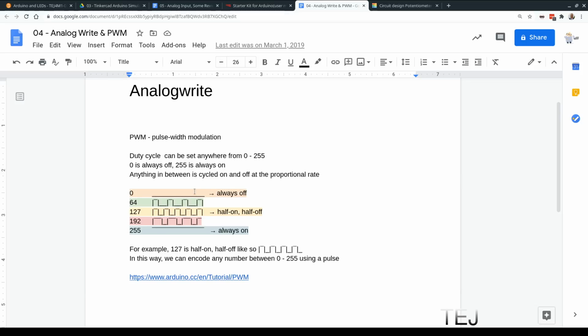If it's always off, you can see very clearly the line shows 0 voltage. Now this goes all the way up to 255 in our case. And 255 is always on, so you can see the line shows that it's always on. In the middle of that, we have 127, half on and half off. So what the effect is